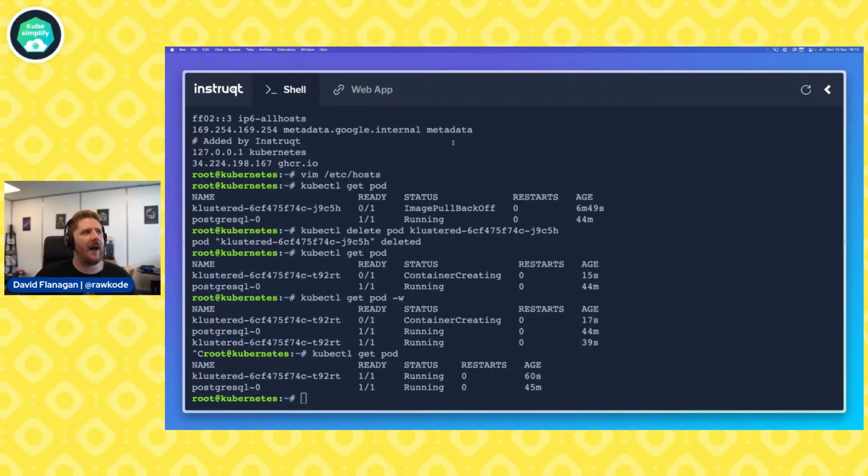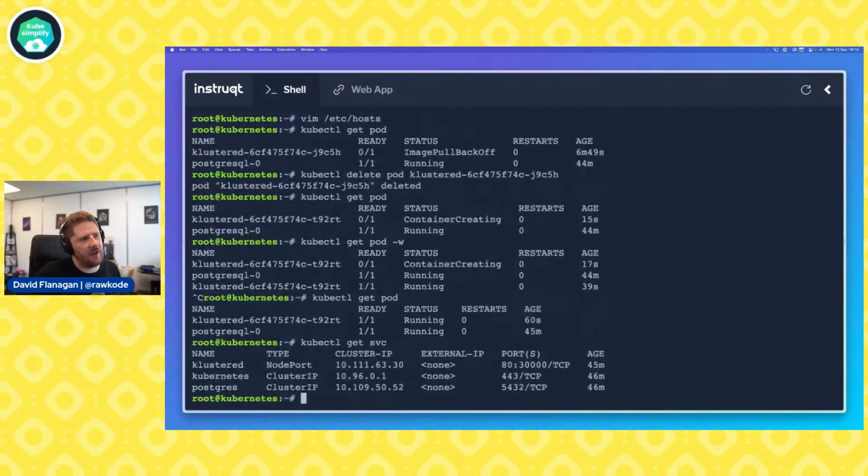Our web app here is configured to hit a node port service on our machine. In the interest of time, let's just work through this. We haven't actually worked with services yet, so let's do kubectl get svc, and this will list all of our services. We can see here that our clustered node port service is exposed on port 30,000, and it's going to route traffic to port 80 in our container.